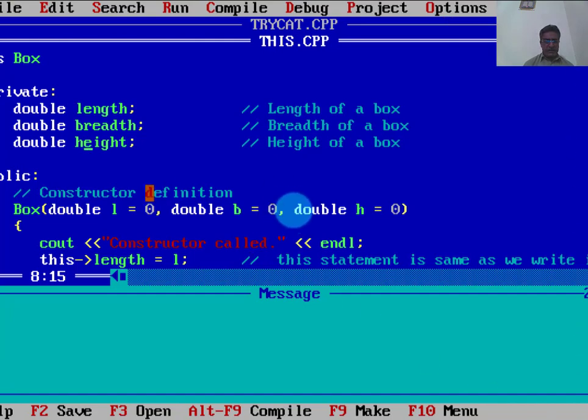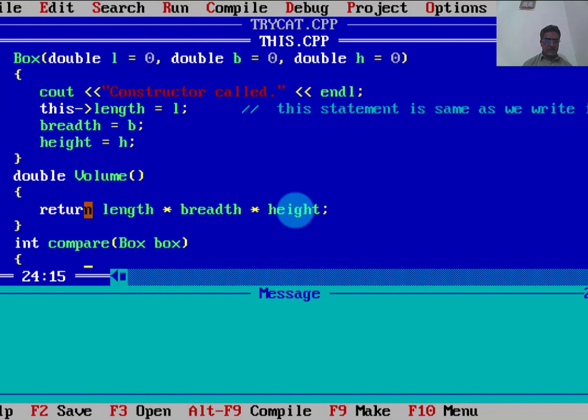So when I execute this program, some portion of the screen will not be covered by the camera. I compile this box class and box program example.